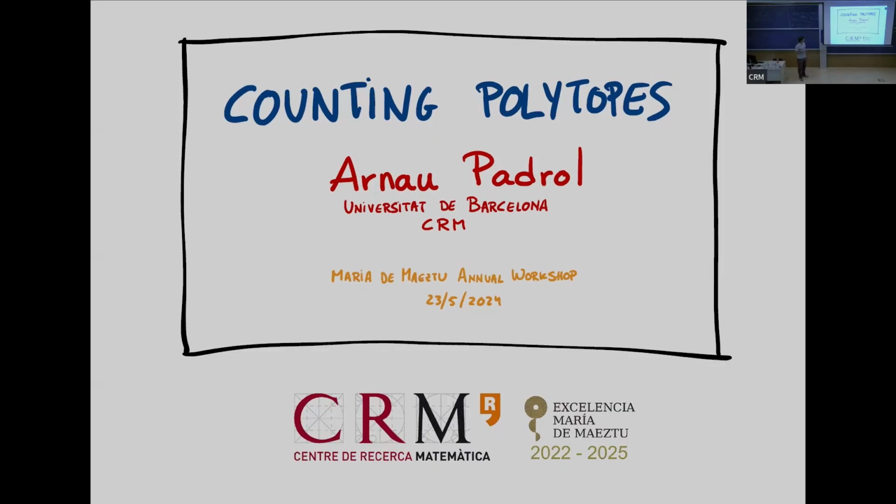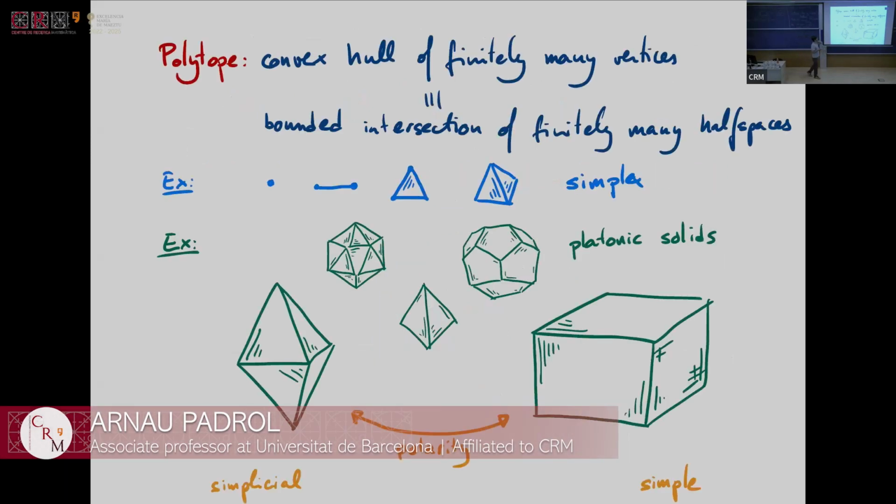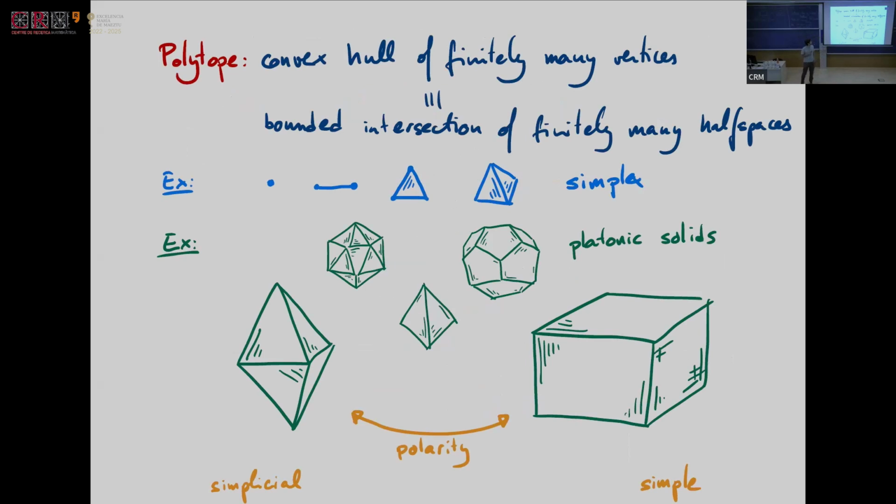So this talk is about combinatorial polytope theory. Let me start by telling you what I mean by a polytope. In this talk, a polytope will be the convex hull of finitely many points. So you have a finite set of points, say in R^d, and you take the convex hull,